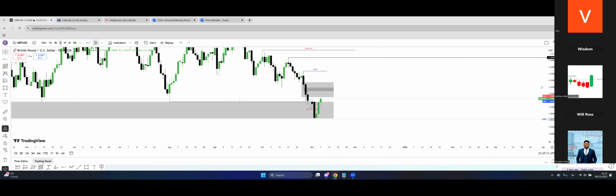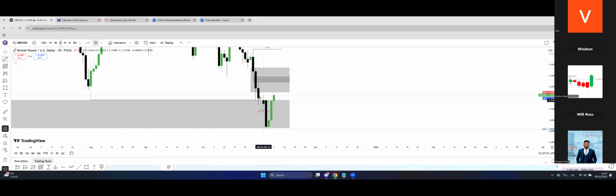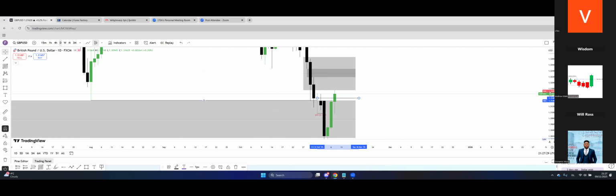Now, when price first traded into this inefficiency, price accumulated 1, 2, then price swept the low of that accumulation. Now, price has given us what we call a change in state of delivery right here. This is where change in state of delivery occurs in GU. Again, like I say, until the lower time frame tells us that we are going higher, this is when we will know that we are going higher.